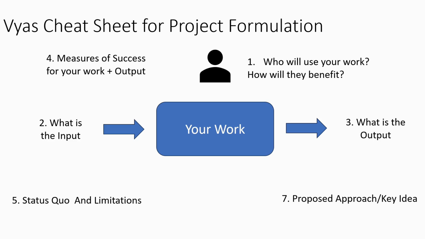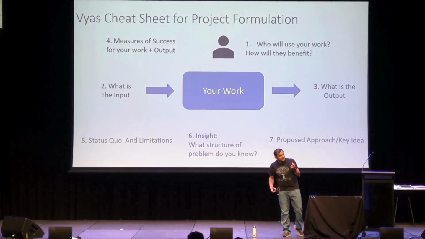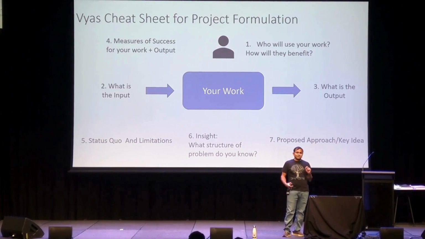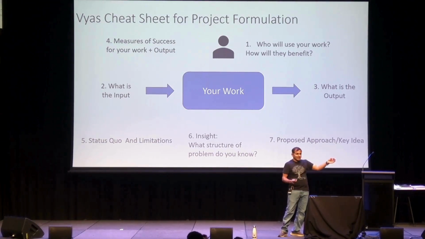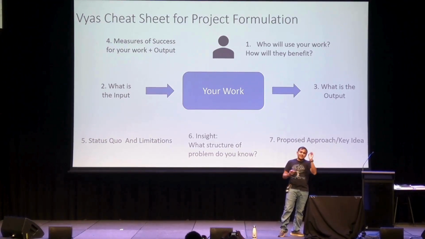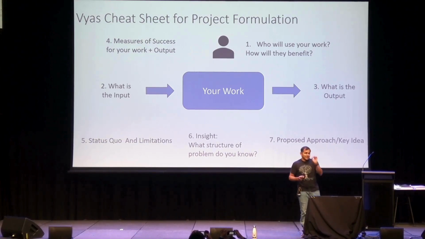Number 5, once you define these things, now you get into, say, okay, there's prior work. There is somebody else who has done this, prior work or extensions to prior work. Now you start talking about the status quo and their limitations. Now this is the silver bullet. You need to have some key insight. So you're a domain expert, right? Every one of you working on your problems is the domain expert that is trying to solve this problem. So you need to have, like, I have a key insight. I believe this measurement can be better. I believe the system can be optimized in some way. I believe this code can be analyzed somewhat better. So there has to be a key insight that you have that you need to be able to articulate. This is my key insight.